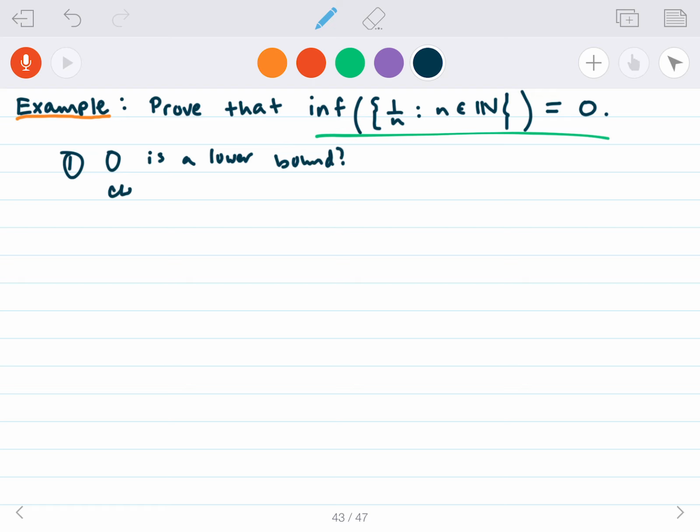And that's clear because 0 is less than or equal to 1 over n for all n in the natural numbers. Okay, so no proof needed here. That's just the definition of the set gives that to us for free. Okay, and the second thing that we need to show is that there exists some x